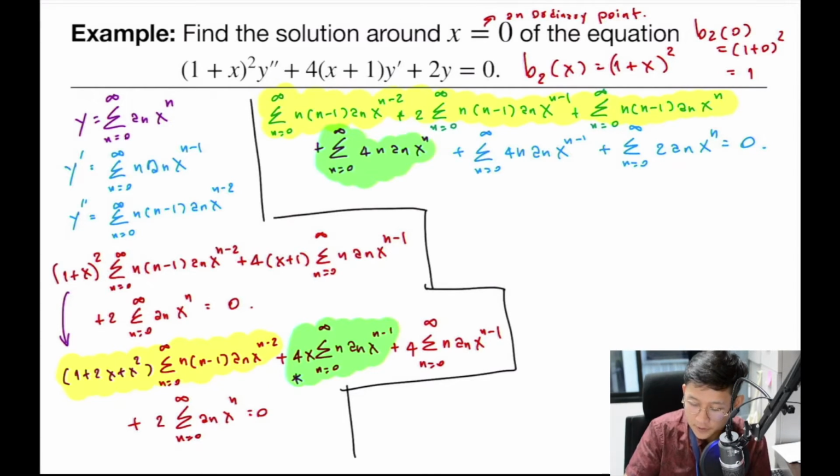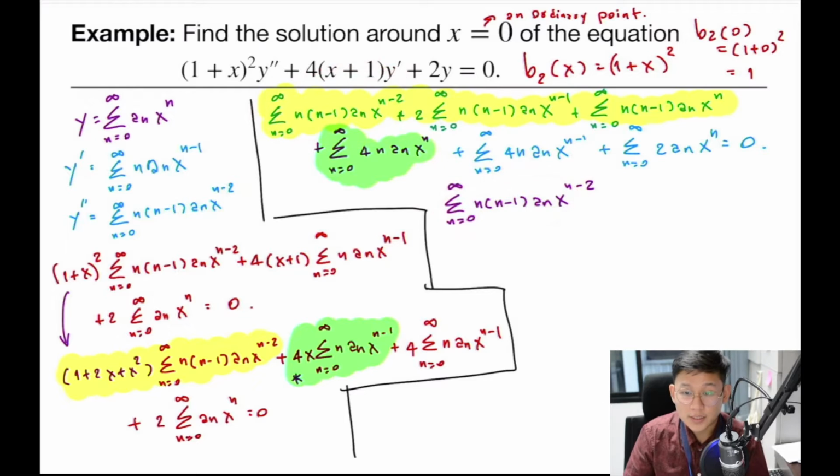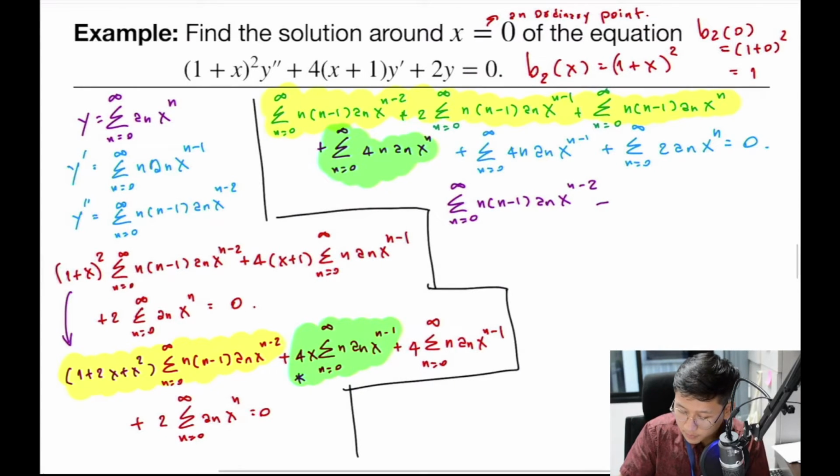So the first term would be summation n from 0 to infinity n(n minus 1) a_n x to the n minus 2, so I leave it there. The next term, that will be x to the n minus 1, so the next term I would have plus